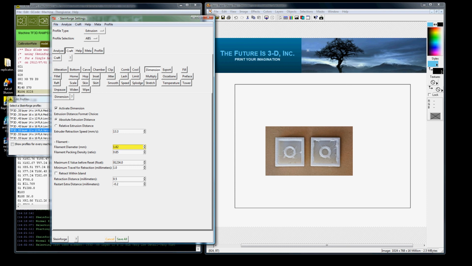This is video number 9 of the Skeinforge 47 video series on how to use dimension. So under craft, dimension, activate dimension is checked. I recommend that it should be checked. The definition of the absolute extrusion distance is, when selected, the extrusion distance output will be the total extrusion distance